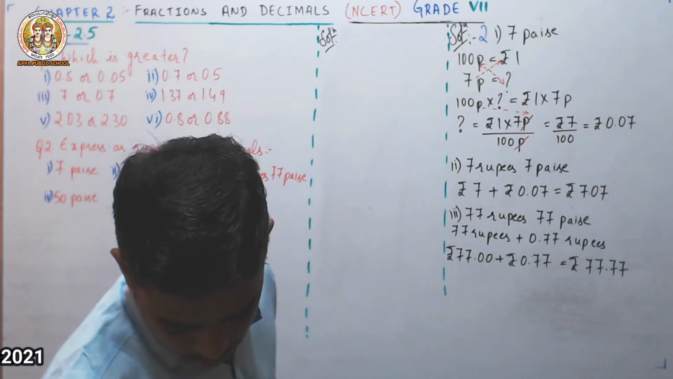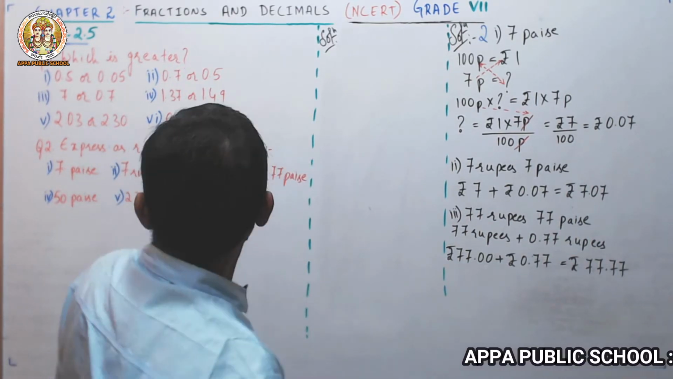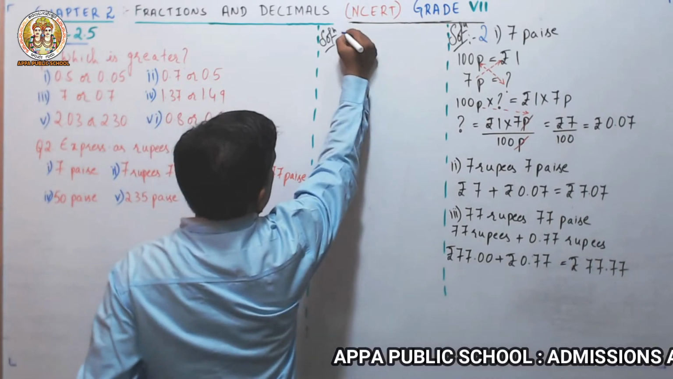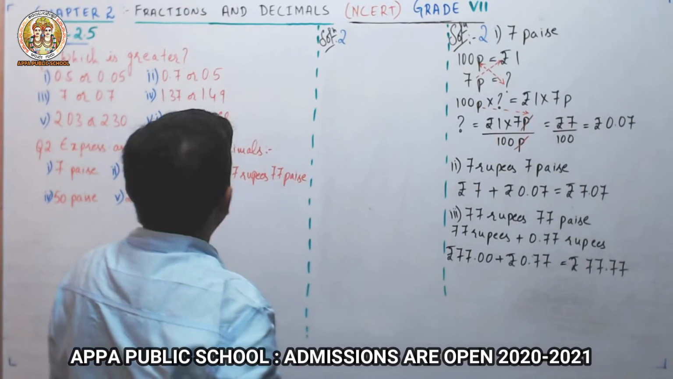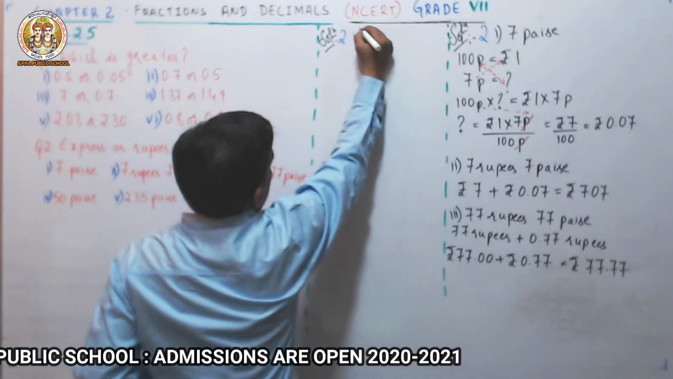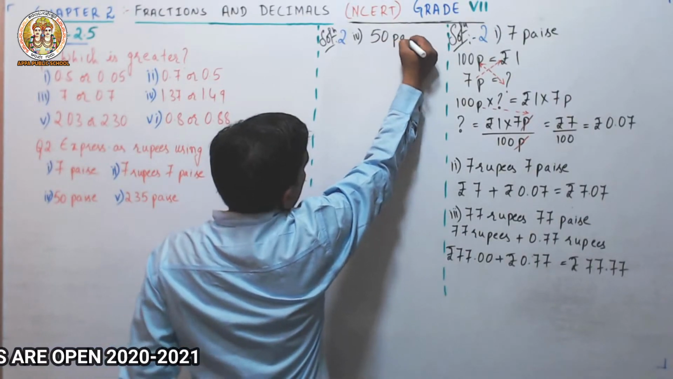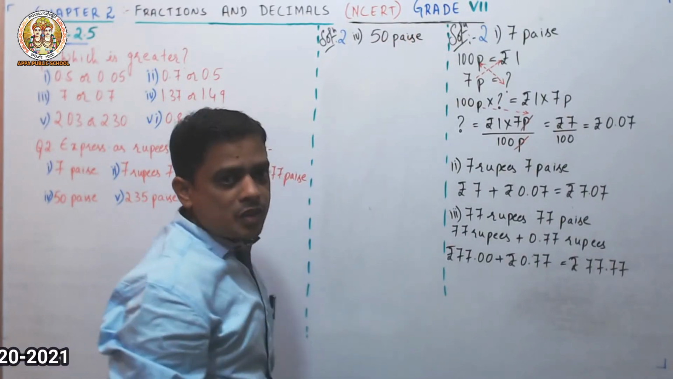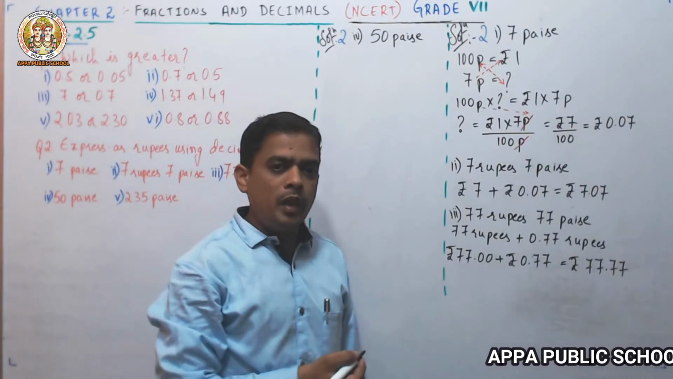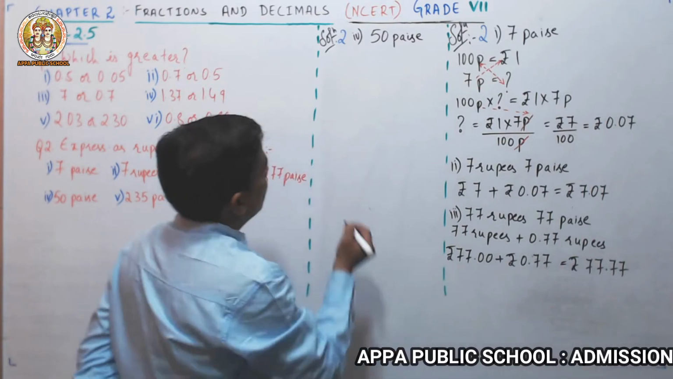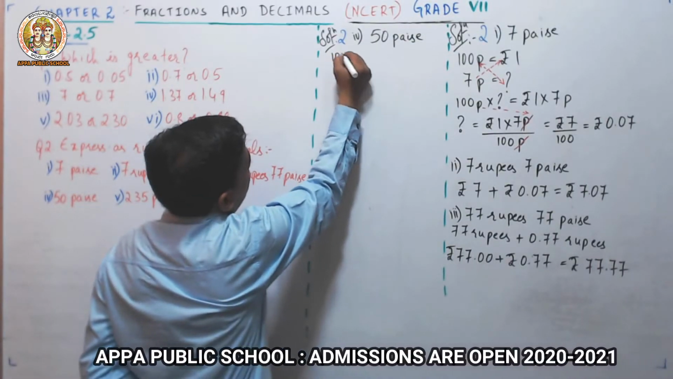Right. Next one. Question number 1 only. Sorry, question number 2 it is. Question number 2 under that fourth bit. What is the fourth bit? 50 paise. So I will convert this 50 paise into rupees. If you know the answer directly, you can write it as rupee 0.5. Rupee 0.5. So the same here, I know that 100 paise is equal to